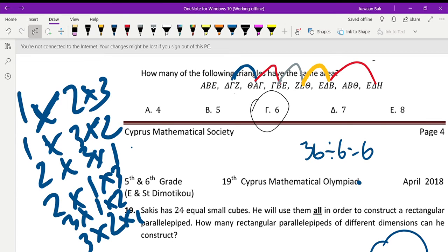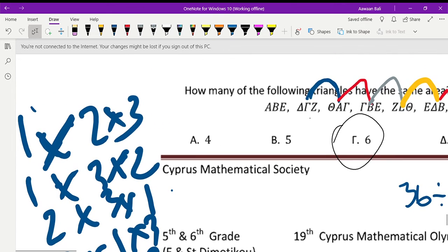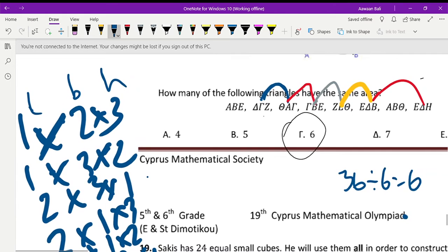dimensions. I know we're using the same numbers, but the dimensions are different. Here, this is the length, breadth, and the height, we can just say that randomly. The length is 1, breadth is 2, and height is 3. Here the length is 1 again, but the breadth is 3 and the height is 2. It can be mixed up in any way you want, but we have 1, 2, 3, 4, 5, 6